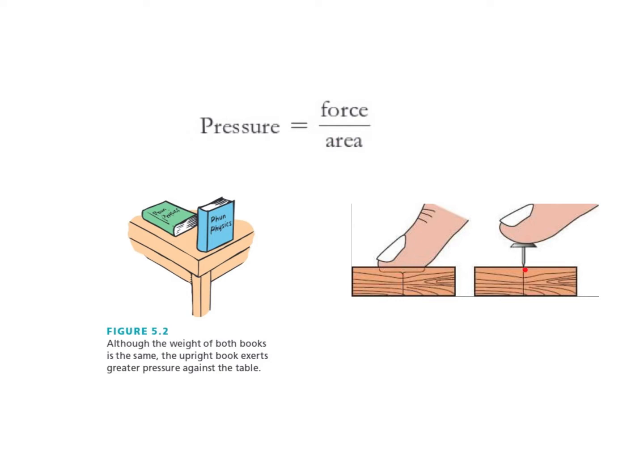But at the point where the thumbtack is making contact with the board, it's come to a sharp point. So there's very, very little area of contact with the board. And so all that force gets concentrated. You're dividing by a much smaller area, and when you divide by a smaller number, that makes this thing bigger. So the pressure is way higher at the board, and the thumbtack is able to insert into the board